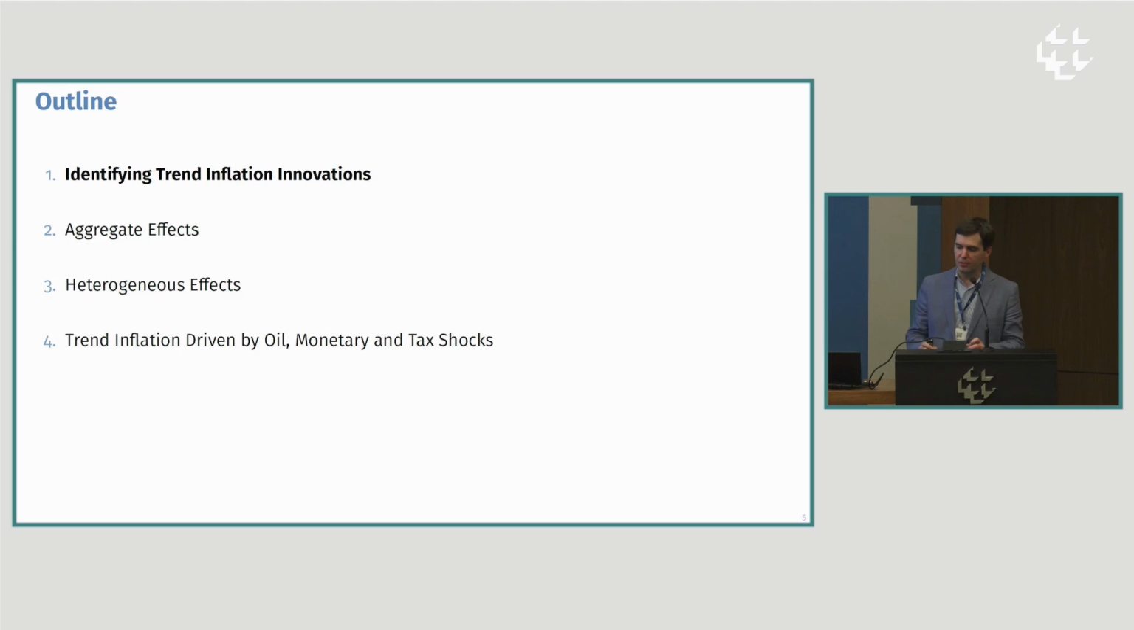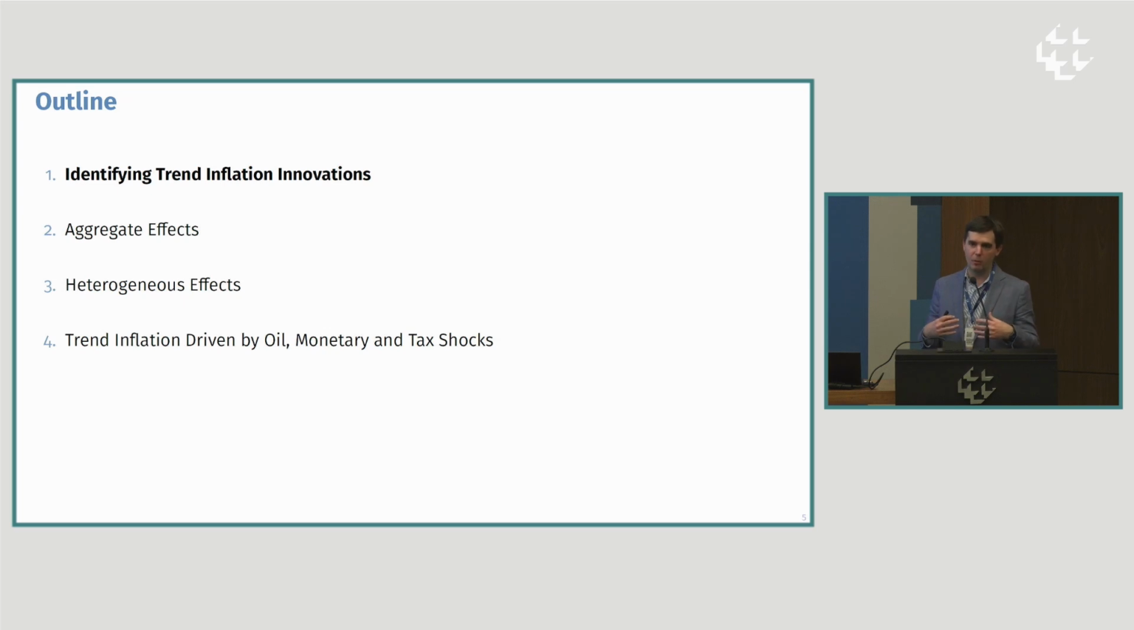So to give you an outline of the presentation, in the first part I'm going to focus on the identification of trend inflation innovations, and there's nothing new in the paper here. We are just following a traditional model from Stock and Watson to track the trend and innovation to trend inflation. Then we are going to estimate the aggregate effects, as I was telling you before, then the heterogeneous effects, and